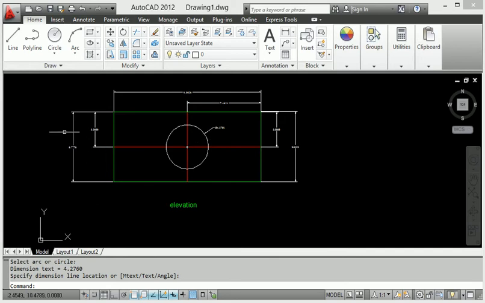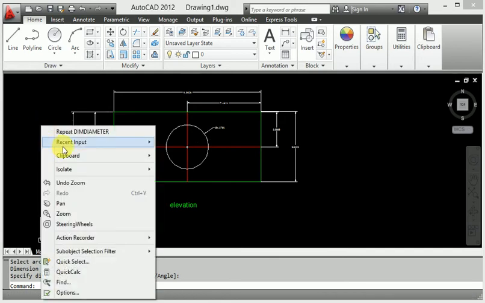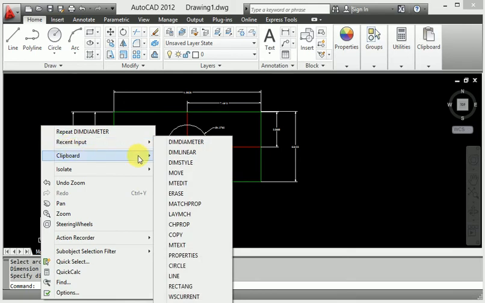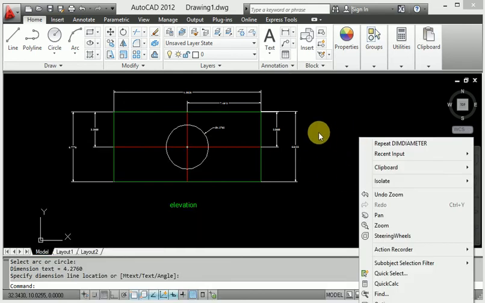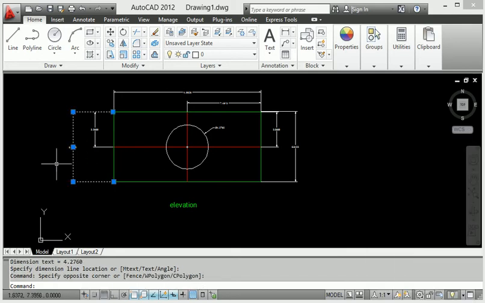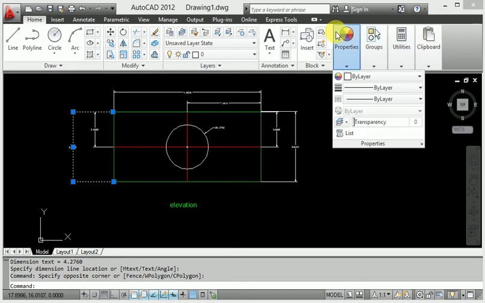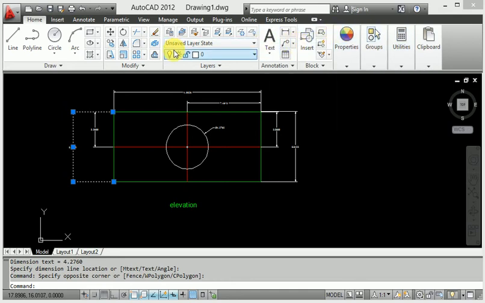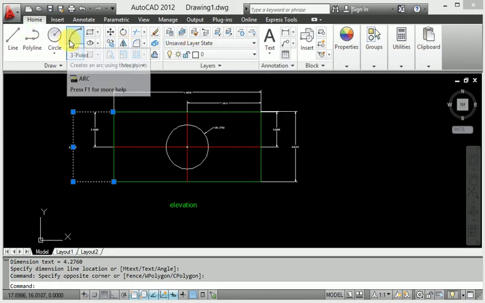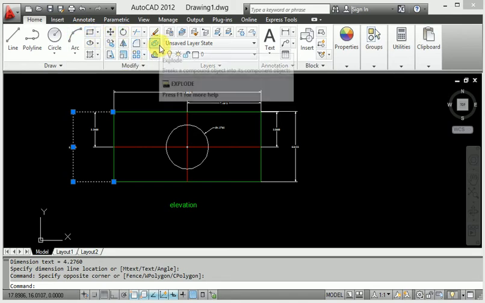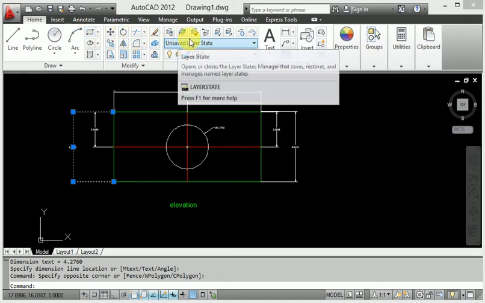So when you go to property, how is it possible to get the property? First of all, click this dimension. There are two ways to call the property. The property is not shown in the format or the property painter, and searching takes a long time. New users coming to AutoCAD spend much time searching because it is not shown here.